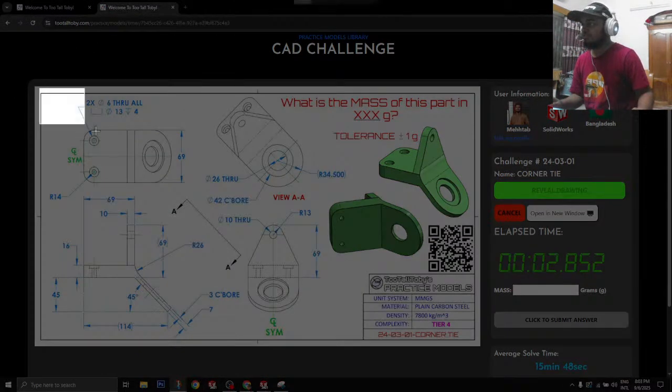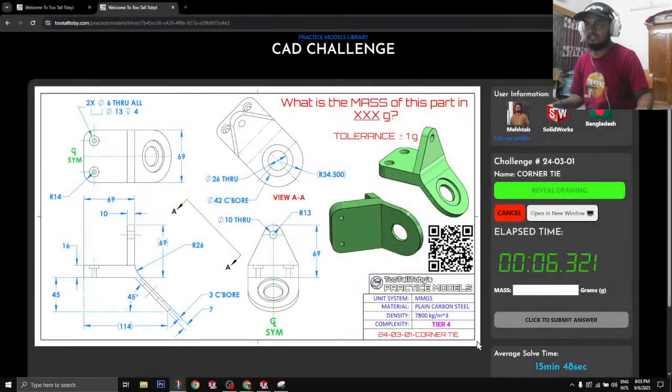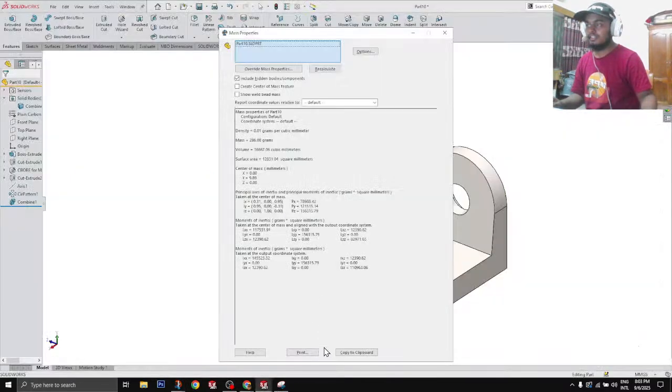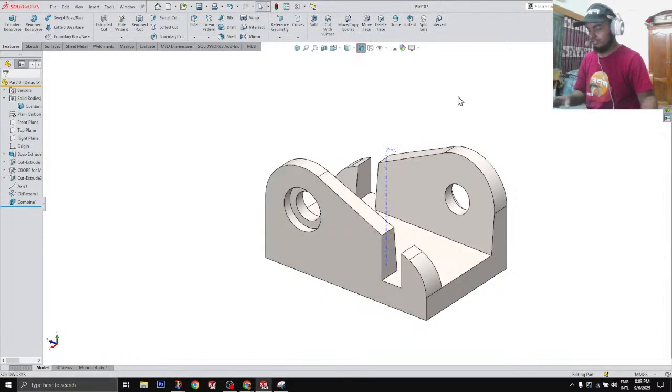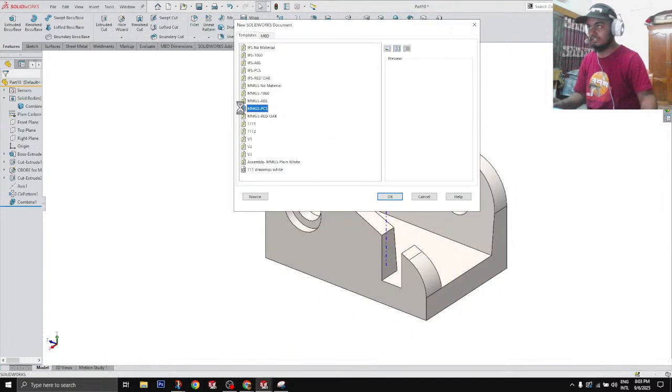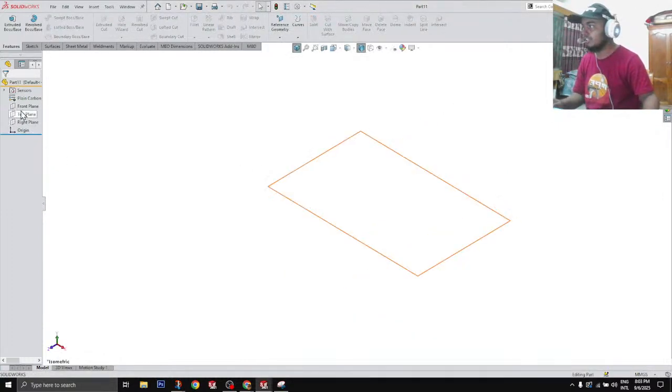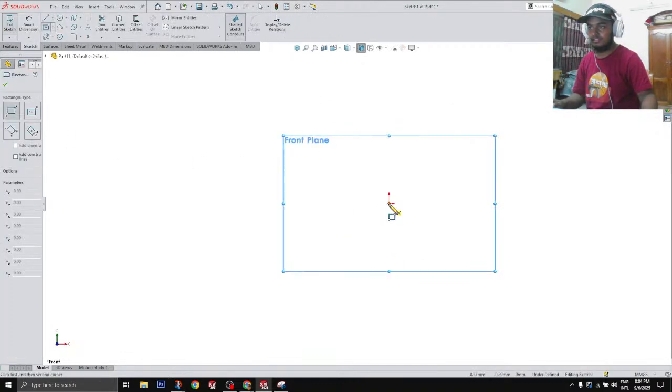This one's pretty simple. Everything has uniform thickness, so nothing to worry about. Draw everything in the front plane. Just need to deal with this cut, some holes, and we're done. Okay, let's go new part, MGS PCS. The clock is running. Let's go in the front plane, draw an L shape,